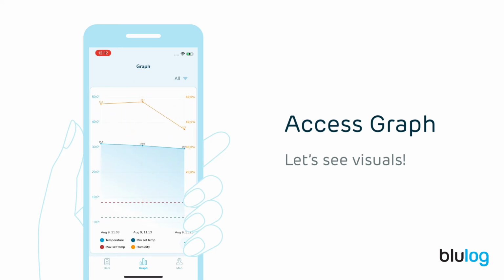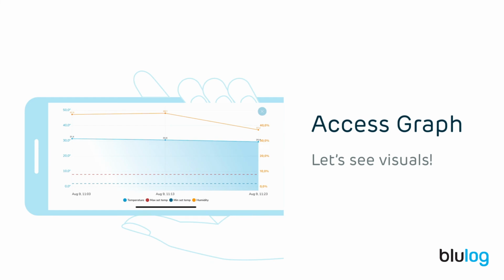In order to show the graph for a specific range, tap on the drop-down menu at the top right and choose a specific filtration. We will choose here Day. In order to see a graph on a full screen, tap on the full screen icon located at the bottom right. In order to quit the full screen mode, just tap on the X icon located at the top right.